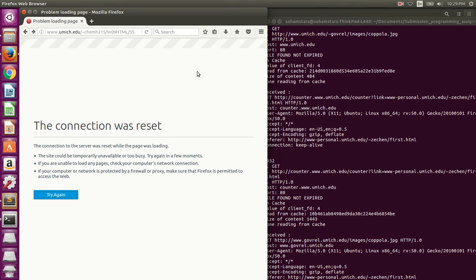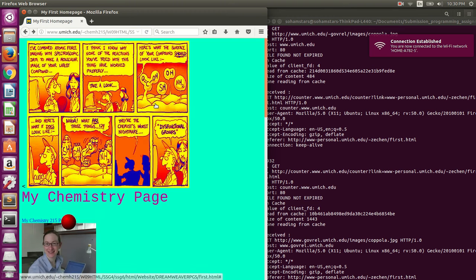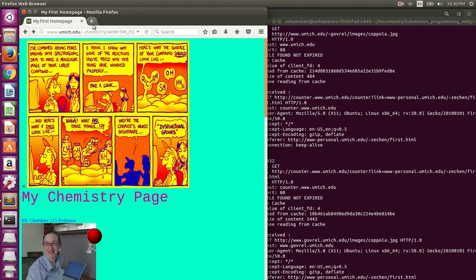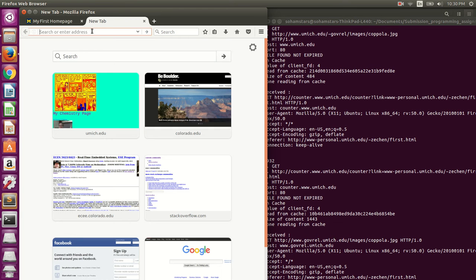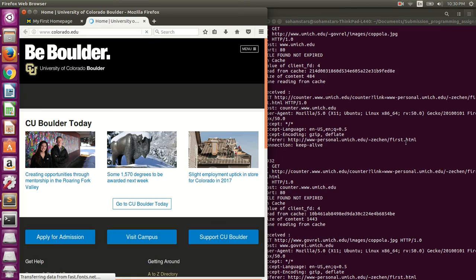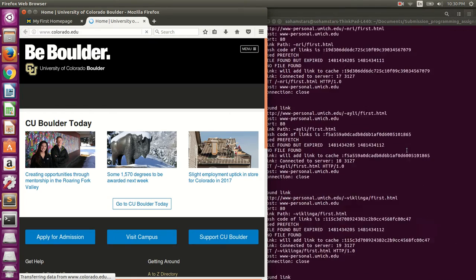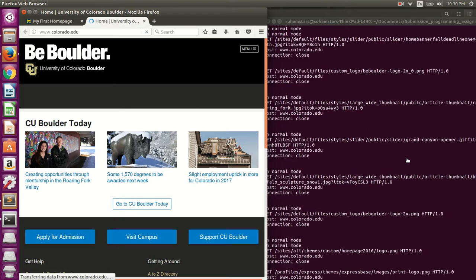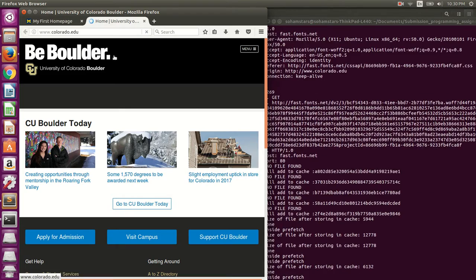I'll go and demonstrate multiprocess, and I've not used threads, I've used forking, so I'll demonstrate multiprocess. So since it's connected, this should work. Yes, it works. It loads the web page and then I'll try and load colorado.edu. I think this is a heavy website. Yeah, so if you can see, it does a lot of prefetching of stuff. Yeah, it's still prefetching, and